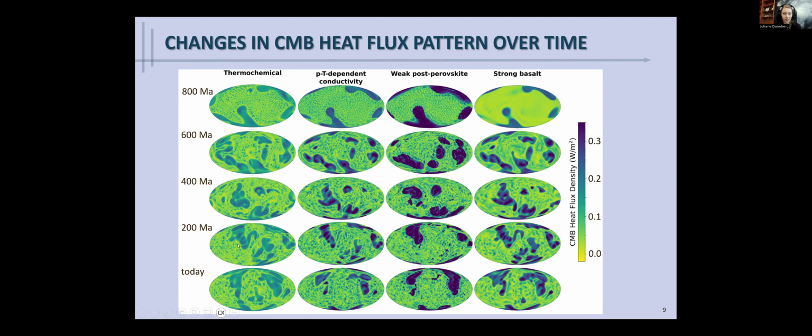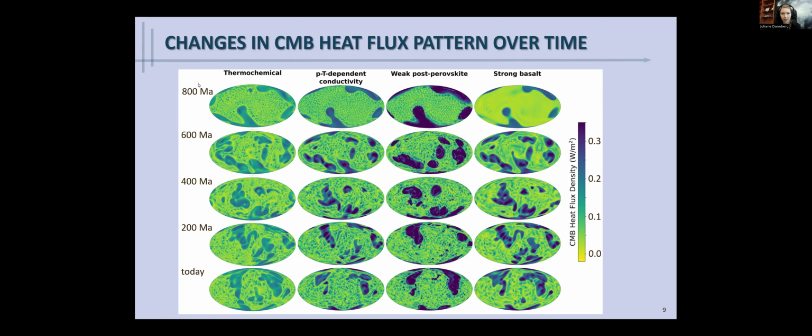So you can see, even if we look at the present day, we always get this girdle of cold material, and the exact configuration is slightly different, but the pattern is similar because of the plate reconstruction at the surface. But what is different between these different models is the heterogeneity of the heat flux. So what's the amplitude of the heat flux, and what's the difference between the most and the least